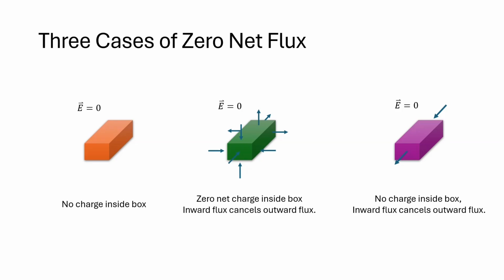So again, these are the different three cases that we can get zero net flux. The first one, if there is no electric field inside or outside the box, there's no charge inside the box. The second one is that if there are two charges of the same equal magnitude, however, it is opposite and it cancels out. And the third one is that when the electric field coming from the source outside is just passing through the box. All right. So these are the three cases when the net flux is equal to zero.